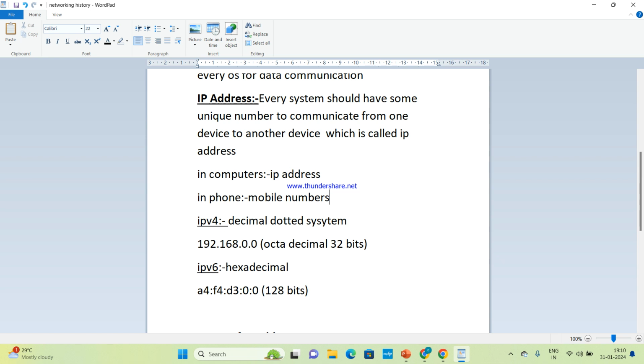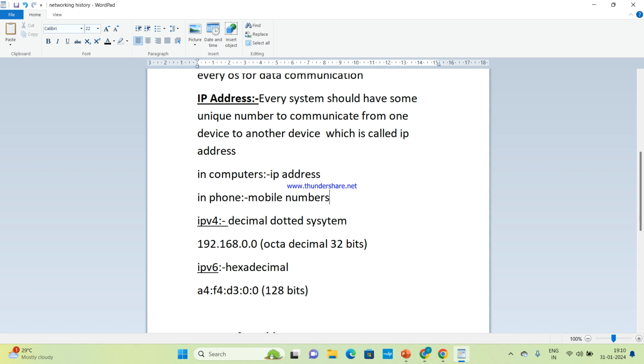It's a unique number for any system to communicate. IP stands for Internet Protocol address. Every system has a unique ID number. If a system wants to communicate with another system, it should have a unique number which is known as an IP address.